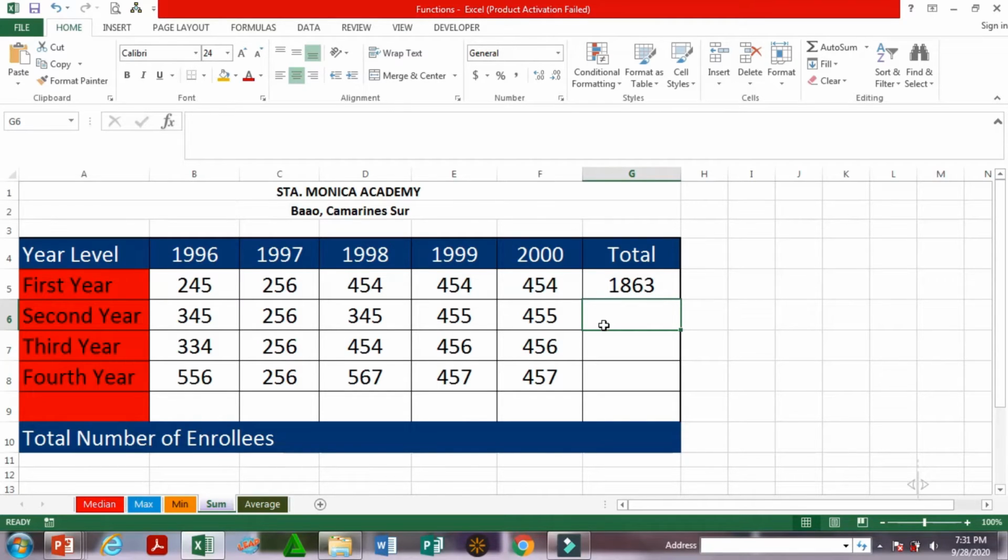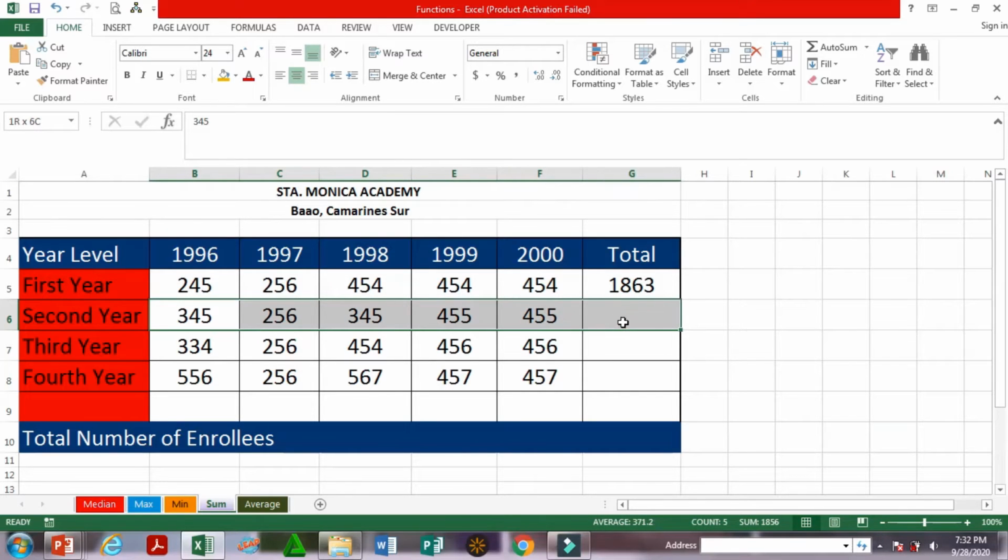So, this time, we will be using the AutoSum. So, tingnan natin. Kung kanina, ilang beses tayo nag-click. So, this time, ang gagawin natin, though we will be using the summation button or the AutoSum, dito po yan sa taas. So, saan po siya natin makikita? Nasa home menu po siya. So, dito po siya sa home menu para makita natin yung AutoSum. So, sabi natin, to compute for the